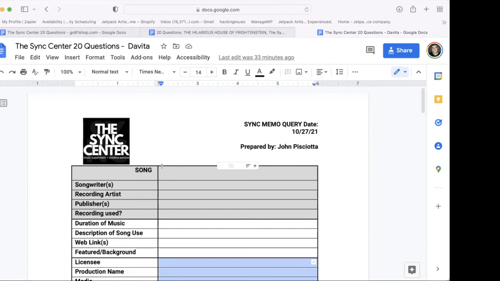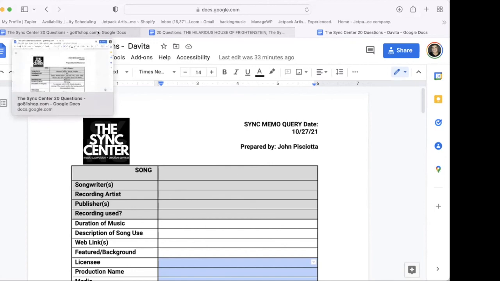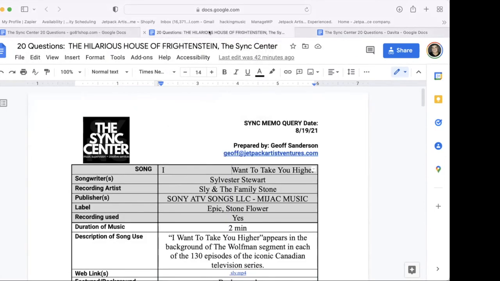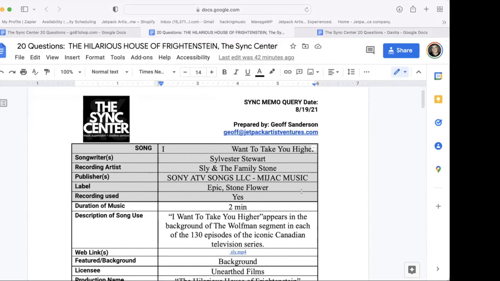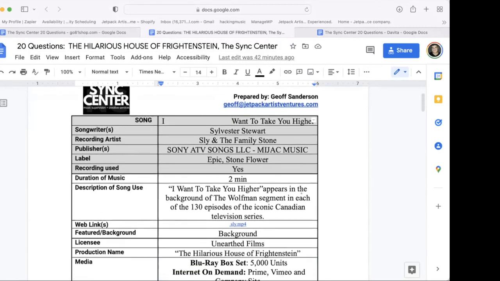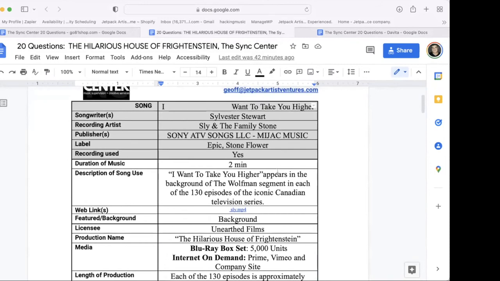Okay, solid. We've got fully filled in 20 questions that we may come back and step through. Okay, here's what this looks like fully filled in. Yeah, I was gonna say, if you have one available to open, that way I can see it. We already went through each section, so we don't necessarily have to go through everything that's filled in, but just so I can see what it looks like, I think that would be a good way to end it too. Oh, sweet. Let's see here. So here's one. I Want to Take You Higher by Sly and the Family Stone. Cool. You can just keep scrolling. I'm gonna just take it all in.